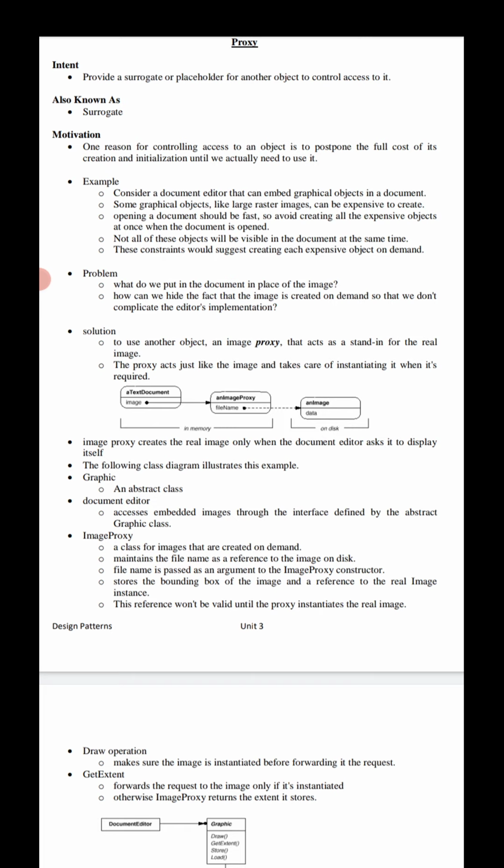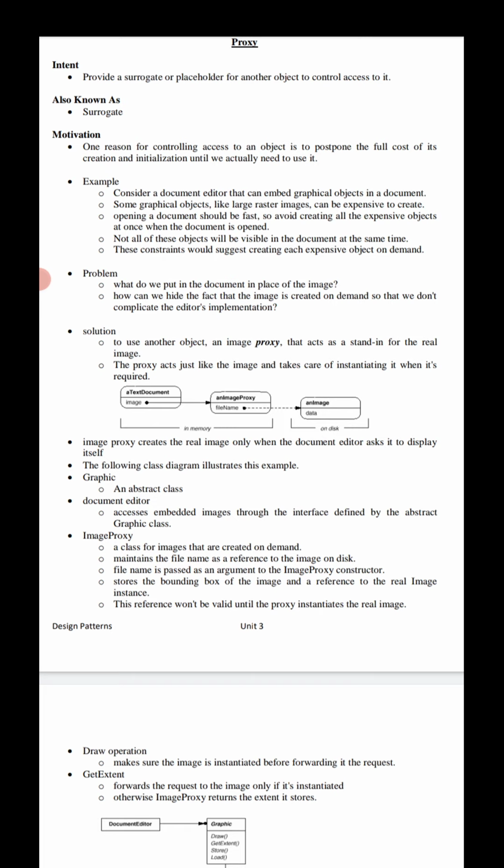What does this mean? A proxy provides a surrogate. A surrogate acts on behalf of others, or we can say it's a placeholder for another object that we are controlling access to. So the proxy means exactly in place of, or representing, or on behalf of.